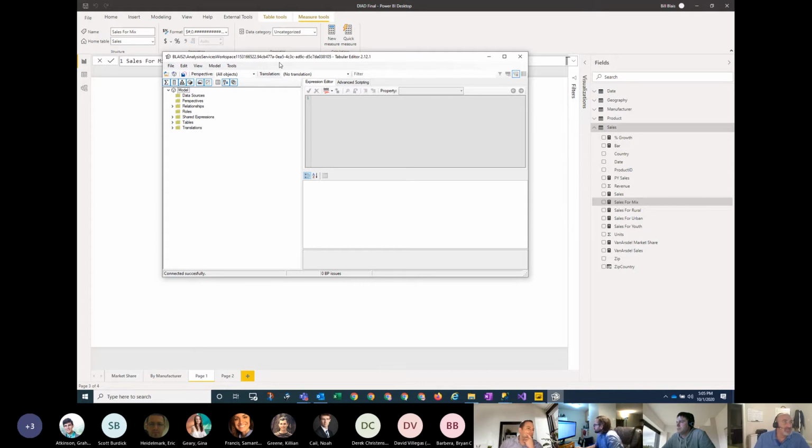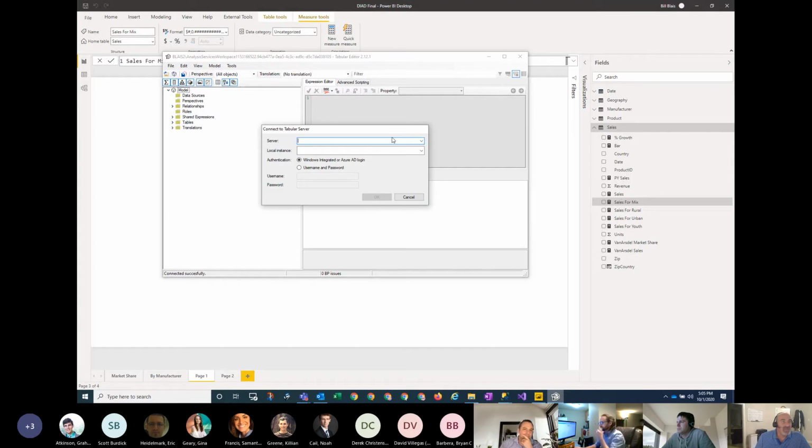So when I come into the Tabular Editor, one of the options I have here is to open from an existing database. When I come here, I could go to a server. I could have a tabular model sitting on a server somewhere, and I could connect by putting the server name in, or this local instance dropdown should show any Power BI Desktop file I currently have open on my machine, which in this case is this dyad final.